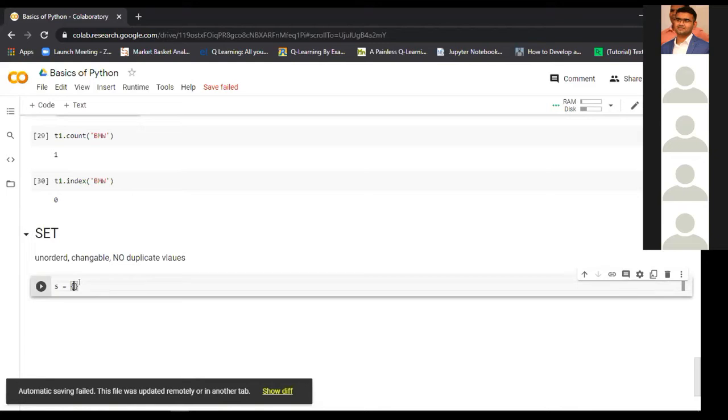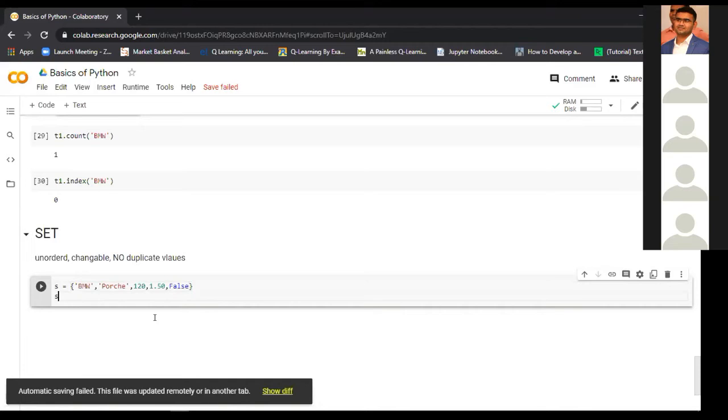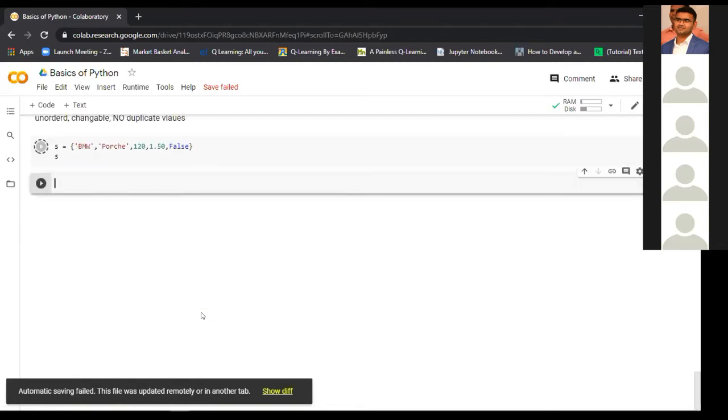Like the previous example, let's say BMW, another string, Porsche, and some numbers, some float values, and boolean. If we see the s, it will show all the values. So this is how you declare a tuple, sorry, set.